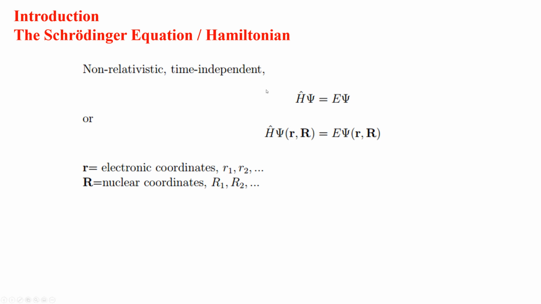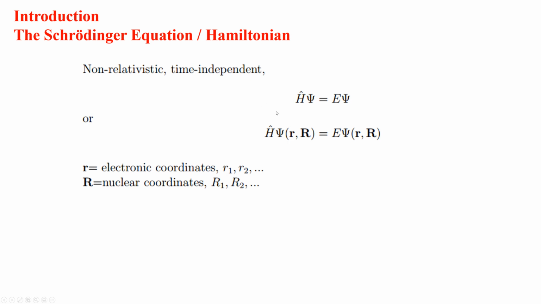In this lecture, I will be talking about the Schrödinger equation and the Hamiltonian. As you see in this equation, this is what we call the Schrödinger equation, non-relativistic, time-independent, a linear second-order differential equation, where H hat represents the Hamiltonian, and psi is the wave function. This operator acts over the psi to produce the eigenvalue, which is the energy here, and produces once again the psi, the same wave